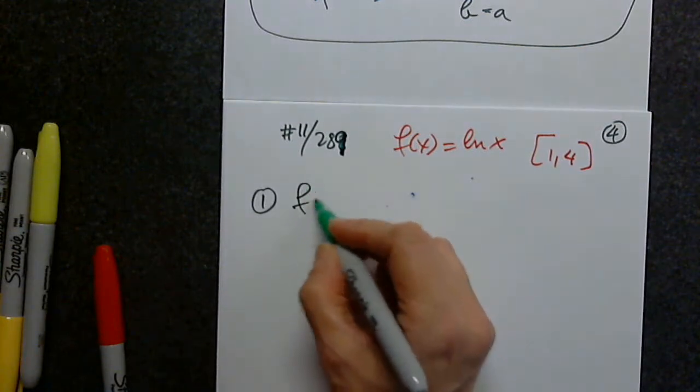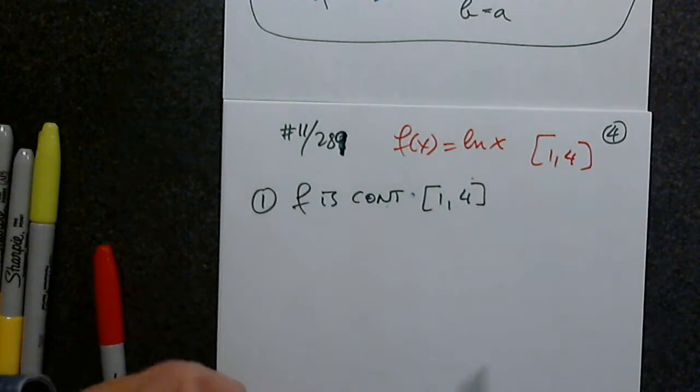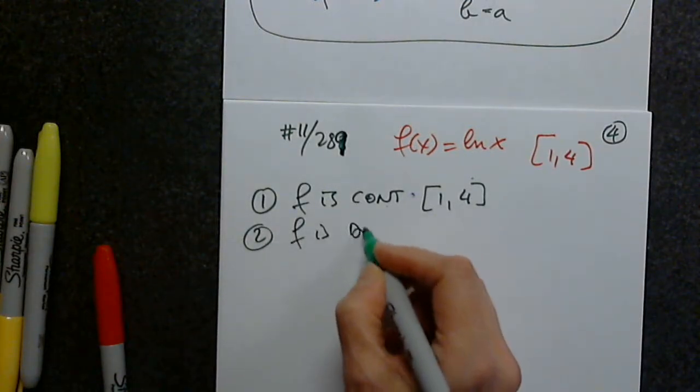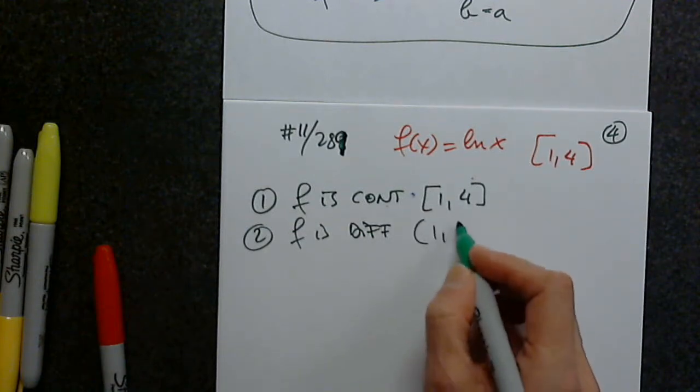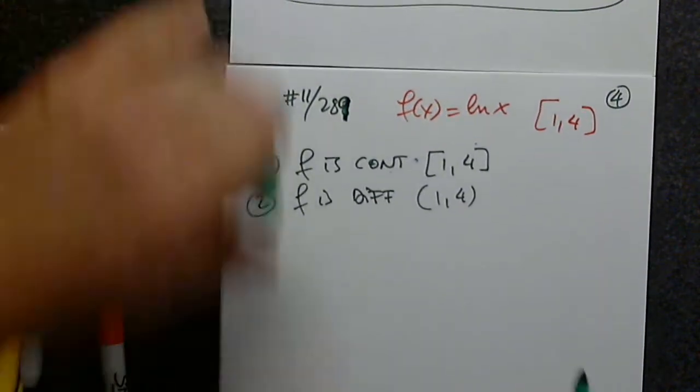So first we write that f is continuous on the interval 1, 4. This function is continuous everywhere between 0 and infinity. That's its domain. And number 2, f is differentiable on the open interval 1, 4. That's good enough. And then we'll say by MVT,